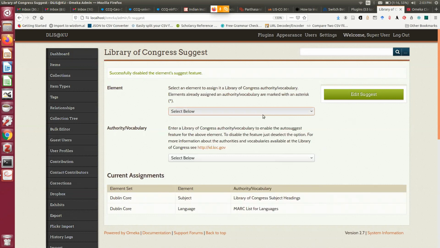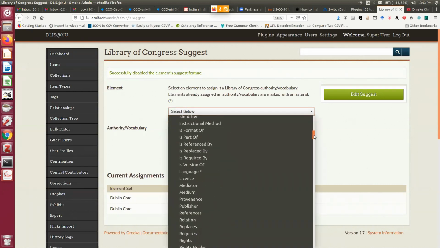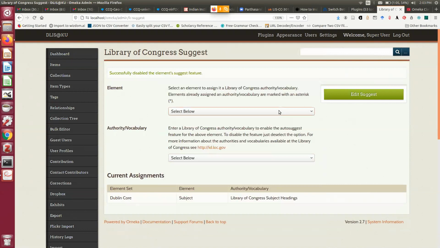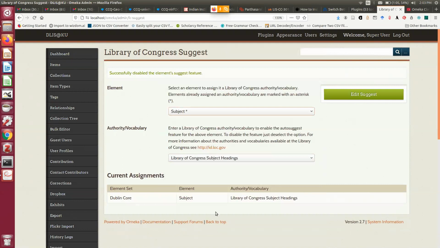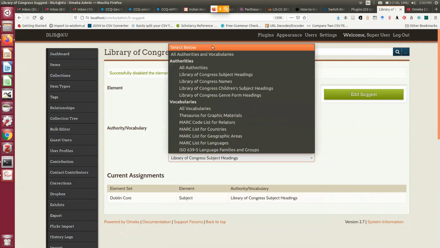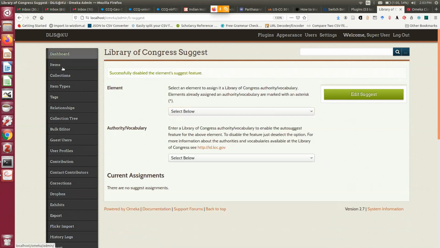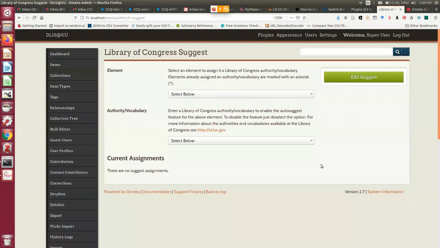Okay, so this one is subject, and language. Now you see, the first time when you are clicking this LC Suggest, it will show you something like this. It's completely blank.